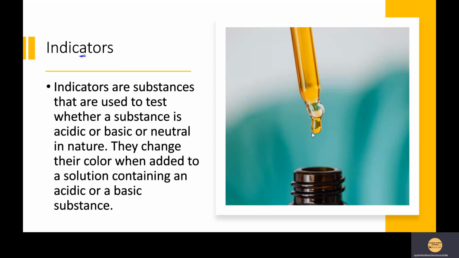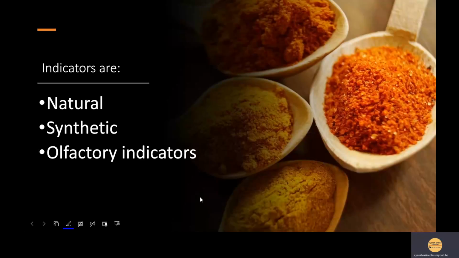When you drop an indicator, there is a separate range of chemicals which are used as indicators. When you insert this indicator into the element which you want to check whether it is acidic or basic, as soon as you drop the indicator into the beaker or the container in which you are testing, it will show a color change depending upon whether the substance present in the beaker is acidic or basic in nature. Now, instead of tasting, you can make use of the indicators for checking the nature. Then let's classify these indicators, children.